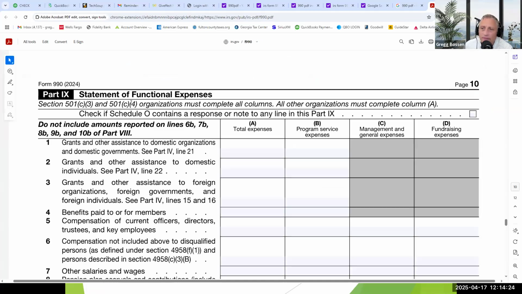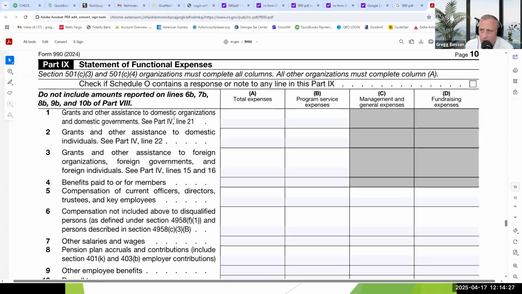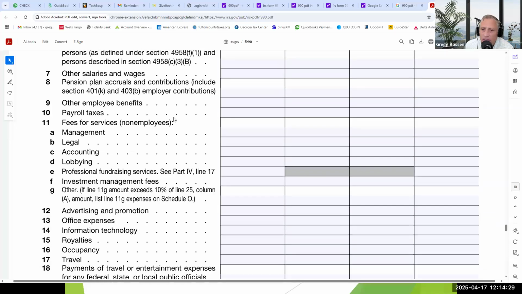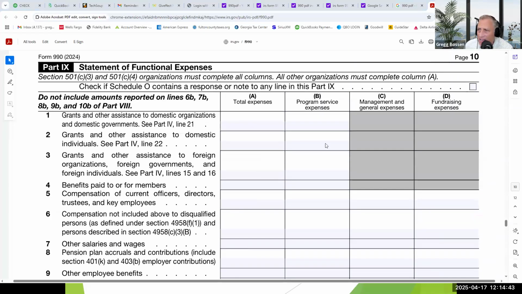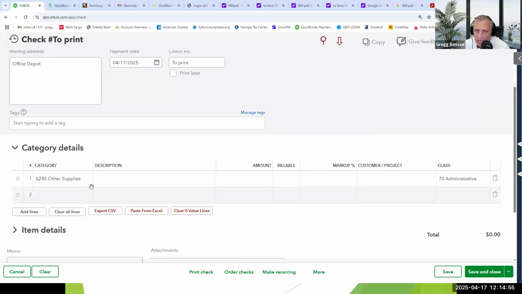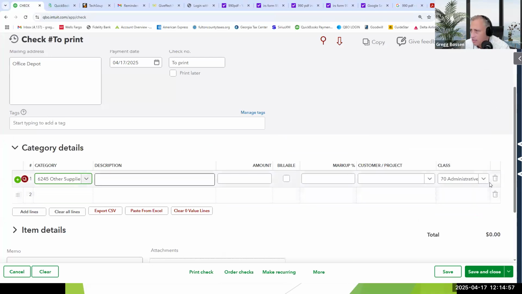So when you look at the functional expenses, this is the expenses, you're going to see that it wants to know what the expense is. Is it legal? Is it accounting? Is it payroll taxes? Is it office? Is it rent, which is occupancy? Is it travel? That's the what of the expense. But then it's going to ask, is it for program? Is it for management in general? That's admin. And is it for fundraising? So see, that's why when you are in QuickBooks,